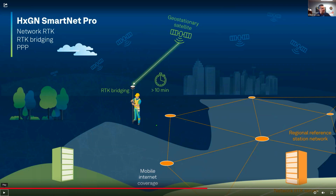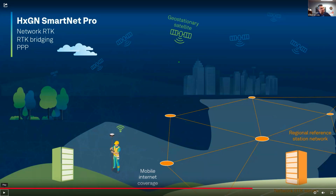It's helpful when your project is a river or a highway where there is intermittent access to either the network or the internet. So what happens if the line drops and after 10 minutes you lose that fix? Well, that is where the PPP comes in, and that requires a little bit of convergence information, but that allows that base station in the sky, once you have maybe 10 minutes of information, let's see if the line comes back up,